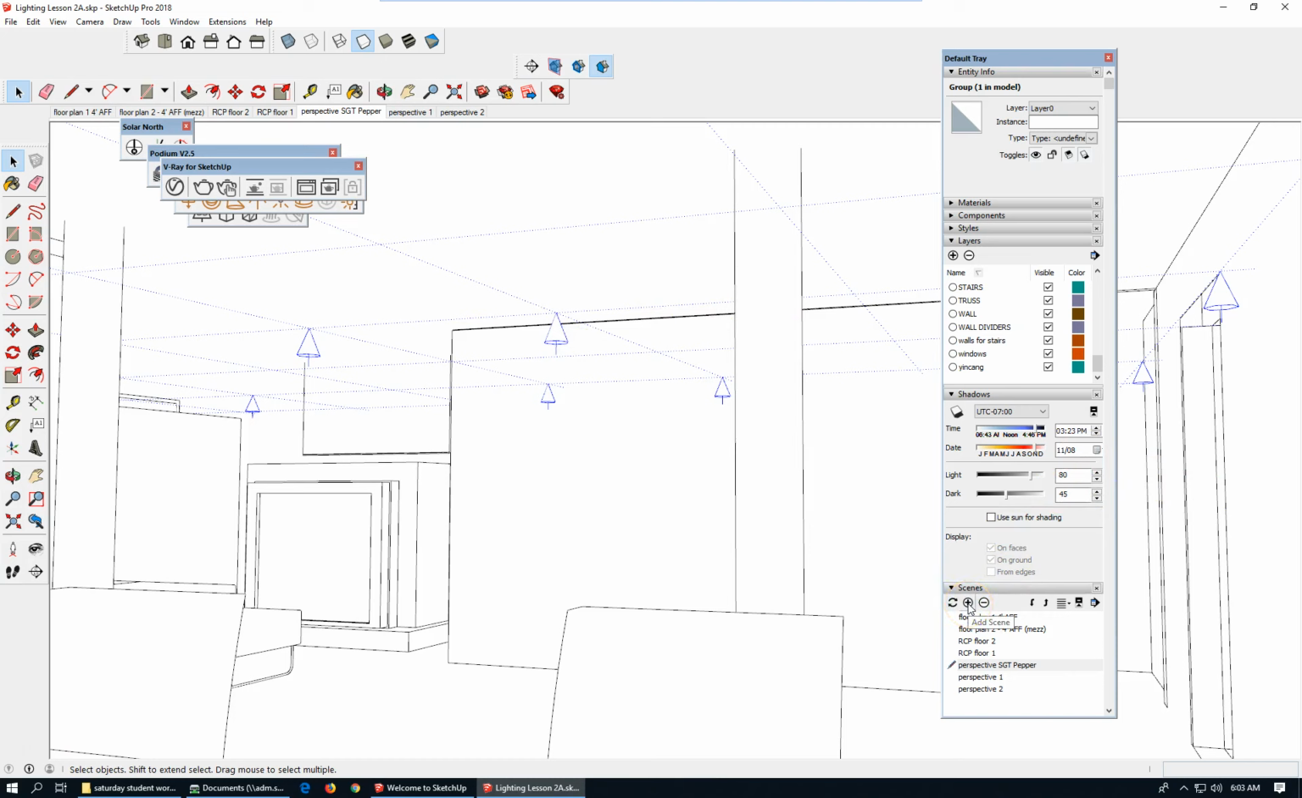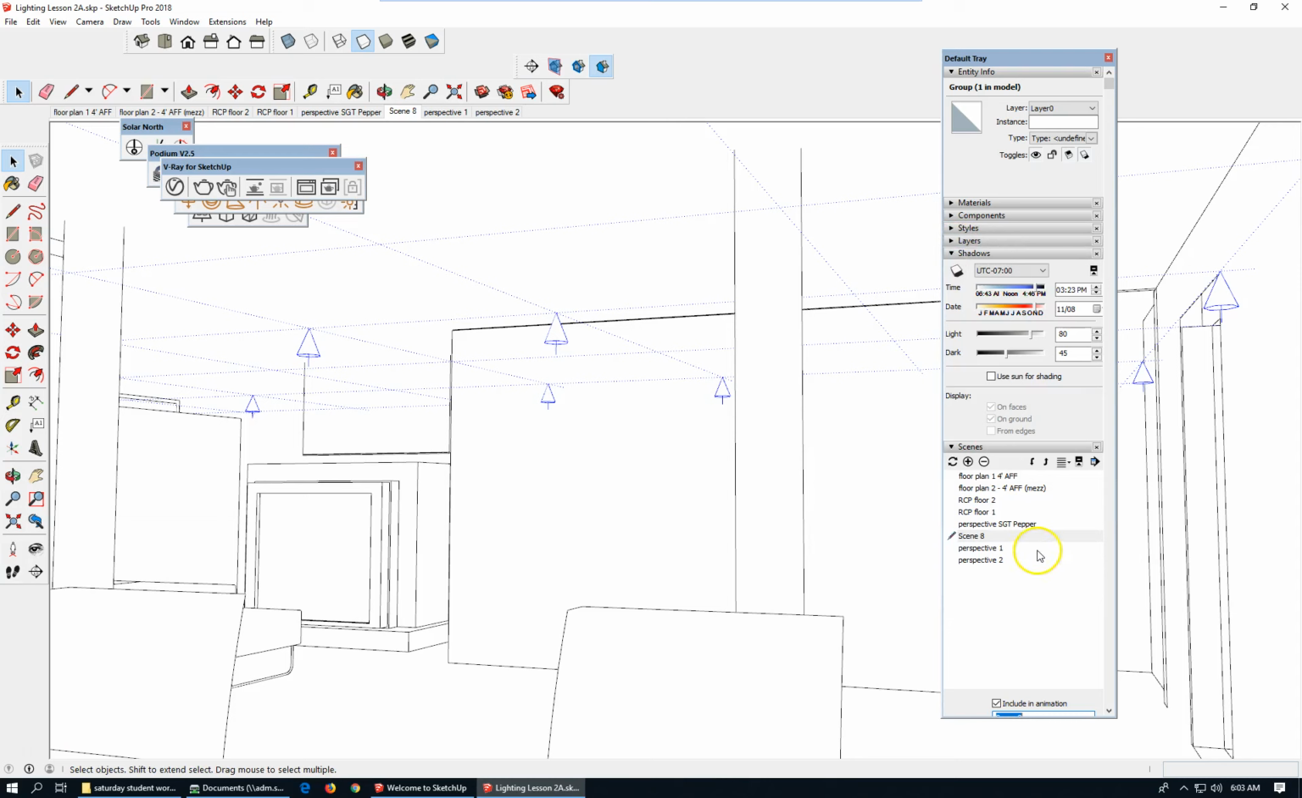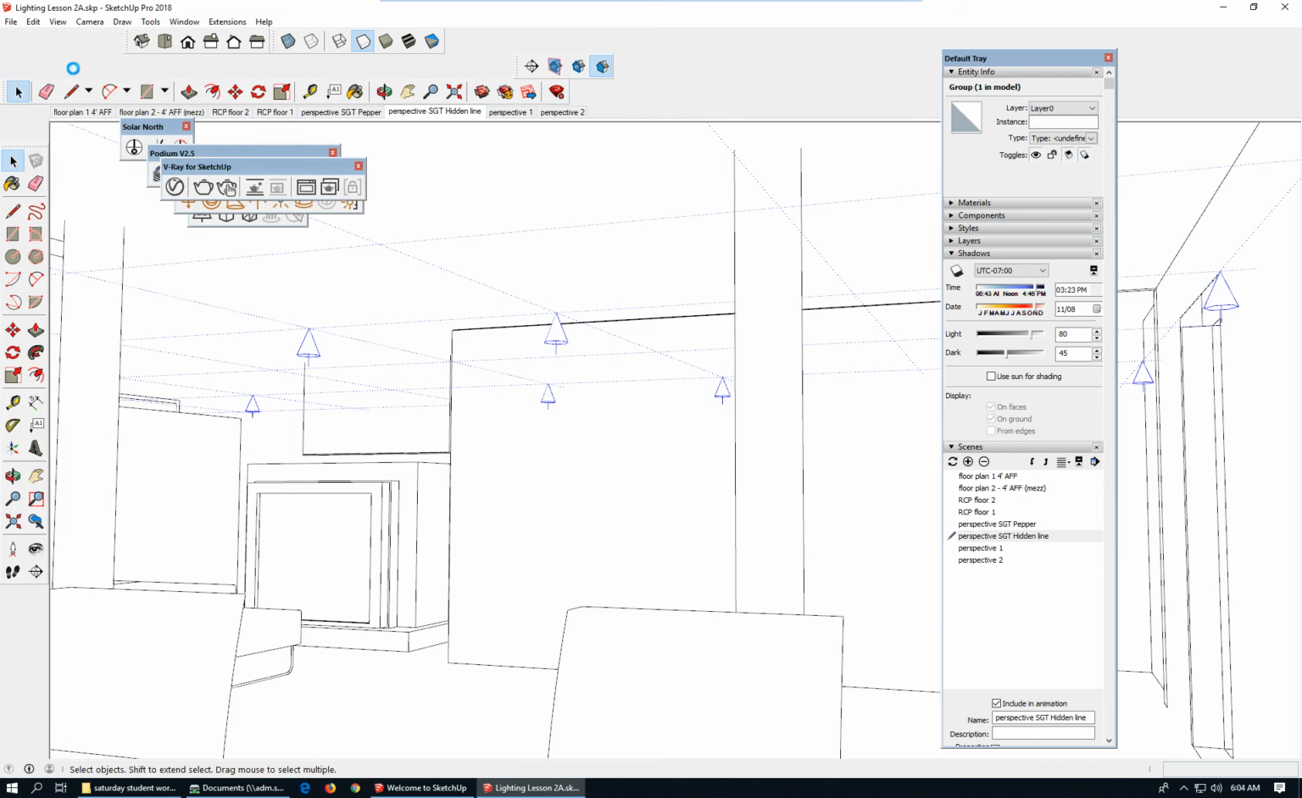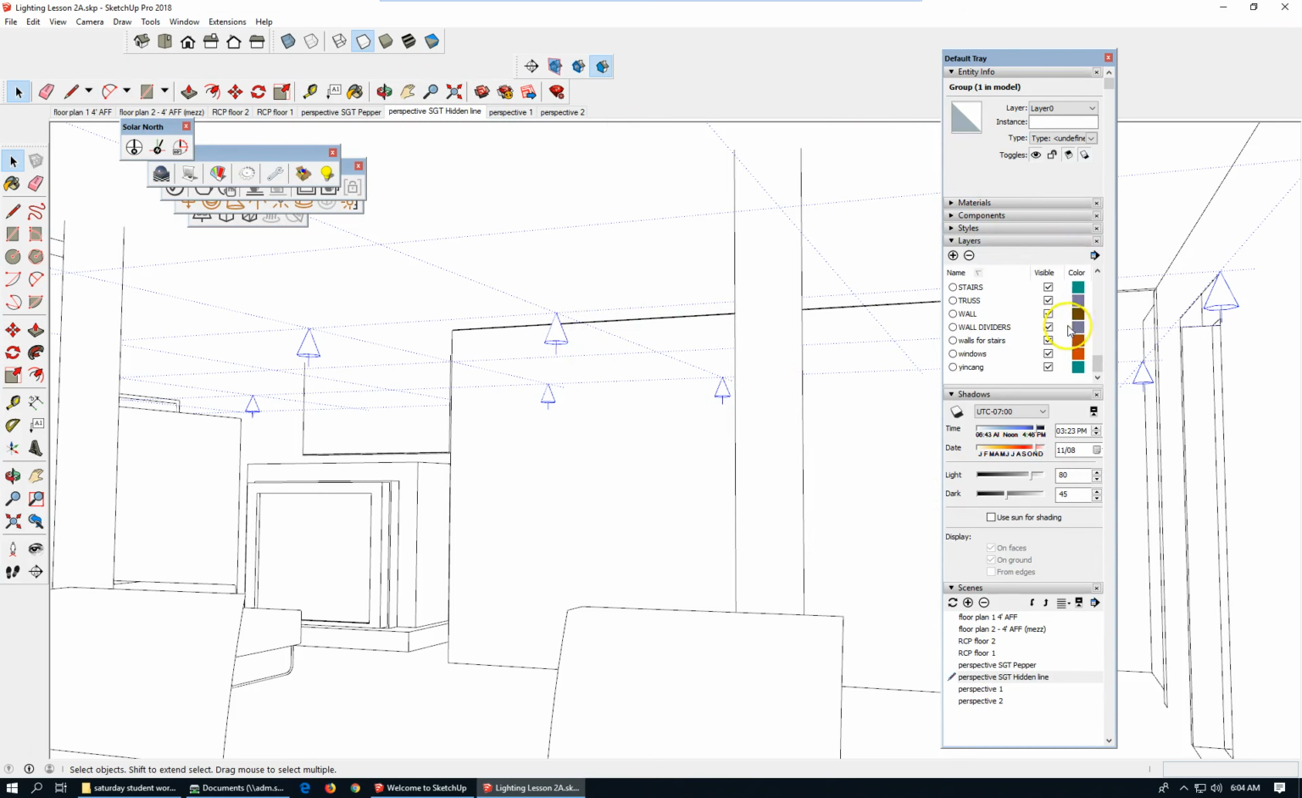Okay, and then I want to save this perspective. Save a new style. Rename it. Let's see what I'm naming it. Perspective. Hidden line. HL for hidden line. Well, let's save this file. I'm saving it as lesson 2A. Maybe I'll turn off these lamps because we're not lighting the model, so the layer with the spotlights on it,